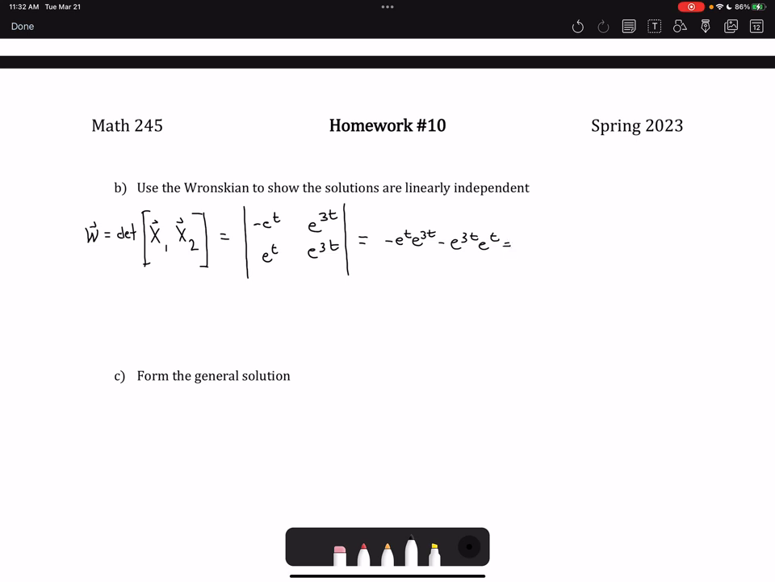Well, what is this? We can leverage the properties of exponents and add the exponents here. It's going to be t plus 3t, which is 4t. So negative e to the 4t. And here as well it's going to be negative e to the 4t, which gives negative 2 e to the 4t. In any case, this is not equal to 0, which means